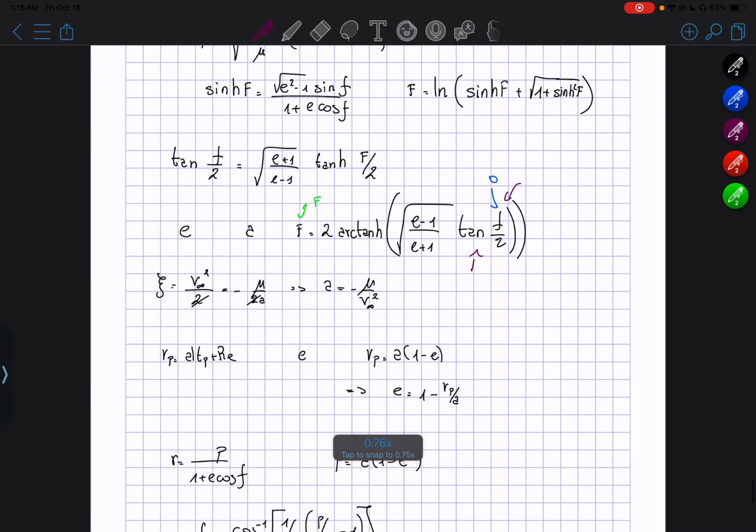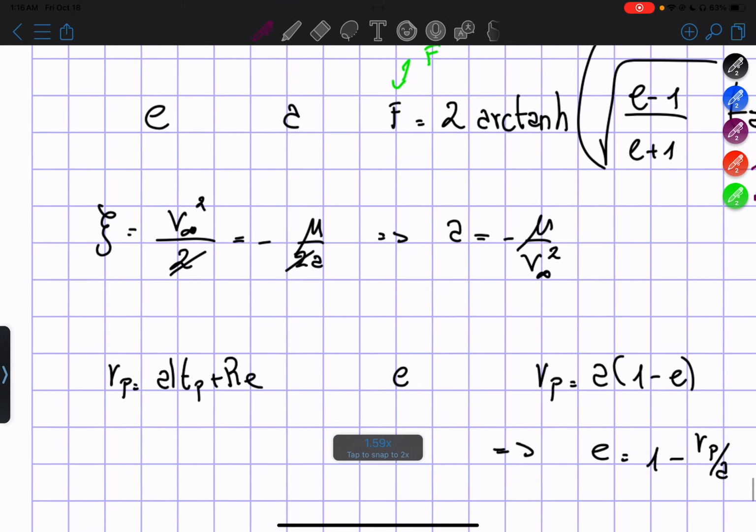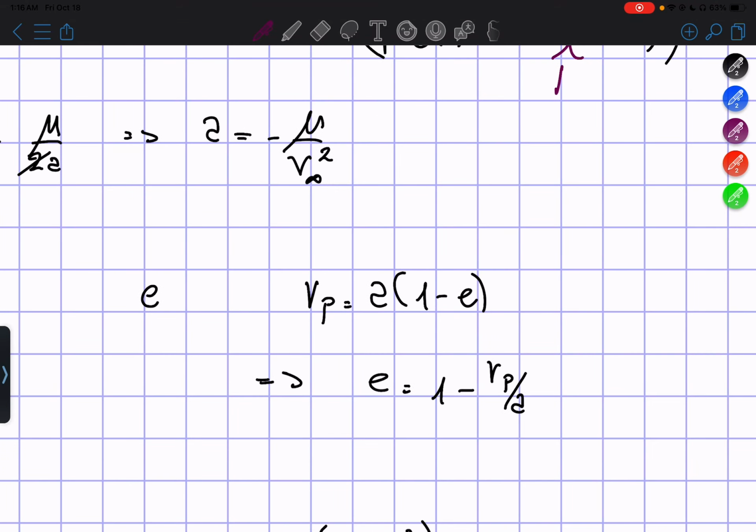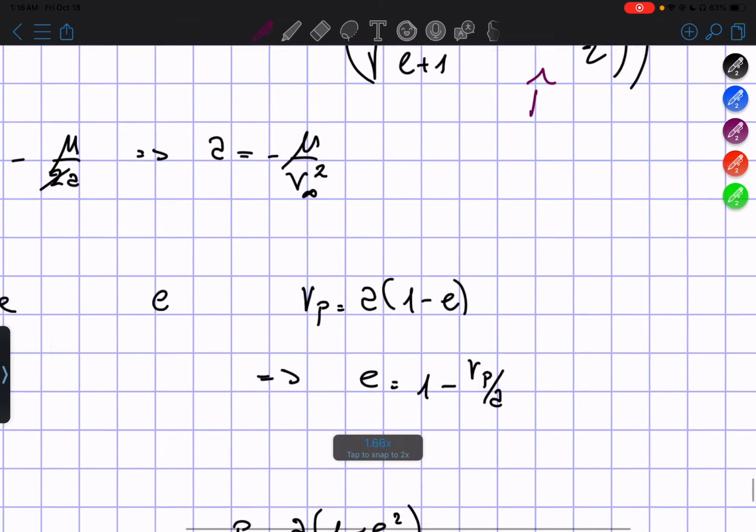Let me go back to my zeta here. So I have v squared divided by 2 equal to negative mu divided by 2a. That should make sense. Then E is going to be equal to 1 minus RP divided by A. That also makes sense. P is equal to A times 1 minus E squared. That's just the way things are. And final, arccosine of 1 minus P divided by RF minus 1. F is equal to arctanh